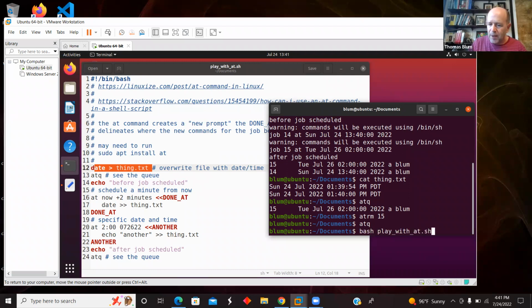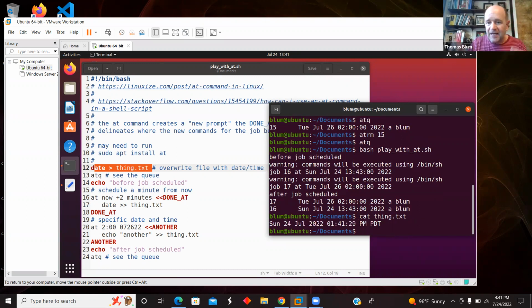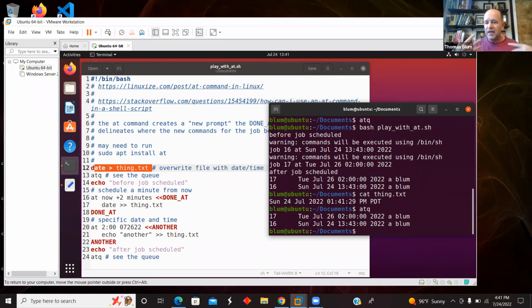I'm going to run bash. I'm going to look at thing.txt. It has the one date. I'm going to look at my queue. It has the two jobs. One of them takes place at